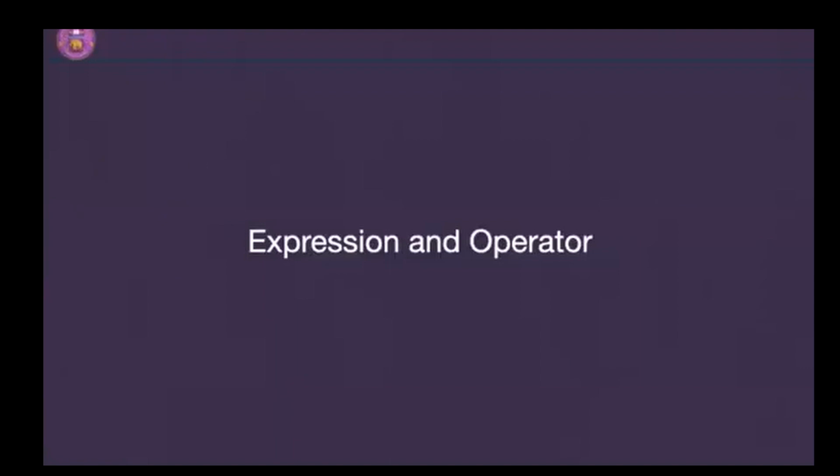So this lecture is about expressions and operators. Up to this point we have understood how to store our information, how to print that information, how to modify that information, how to store it in our memory, and what the simple operations are which we can do. Since we are from a mathematics background, we understand these operators, although we have already used them.